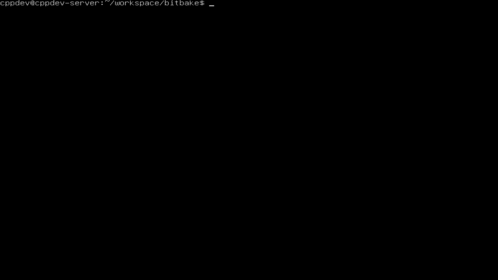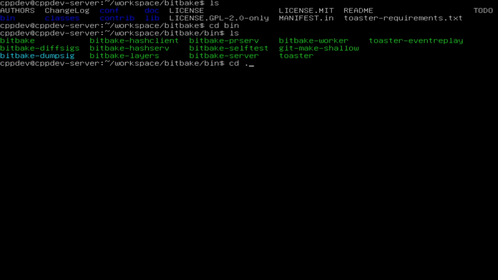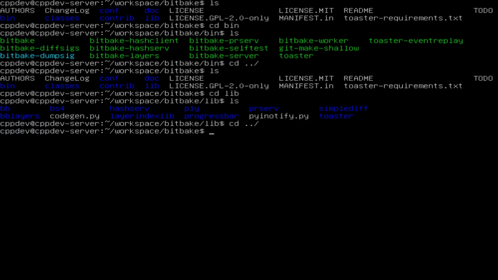In order to install it on a Linux environment, I am going to have to add the Bitbake binary to the PATH variable, and the PYTHONPATH variable will also include the libs needed for Bitbake to run. So you can find the binary in this directory and the libs in this directory.